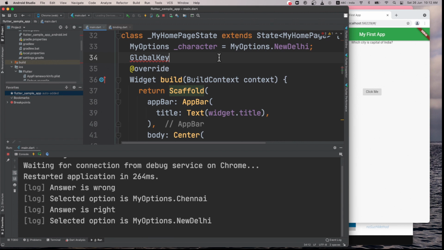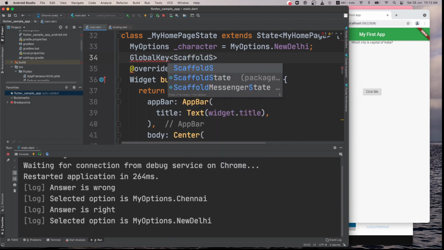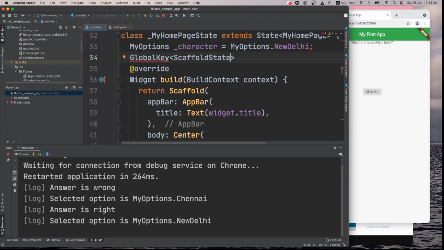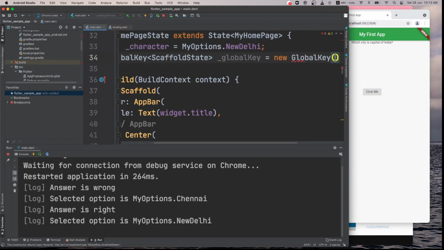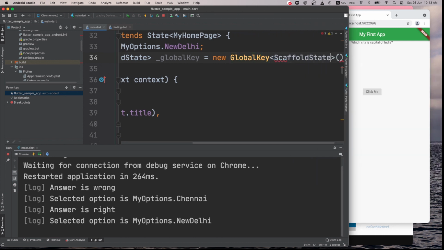So scaffold will have a state, I think, in this one, and this I can say maybe final. Final means once I define it, it should not be modifiable, so I will say global key, and then I can define global key like this, and in this I can pass scaffold state, and it should work, I guess.